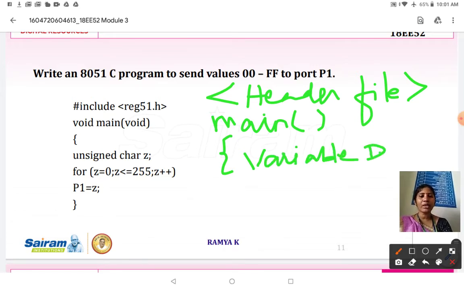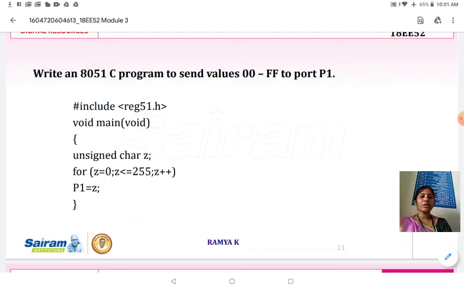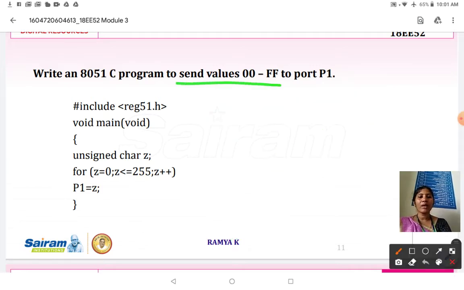So you need to declare the variable. Then you have to write the body of the program, that is the task to be done, and you can close the loop. So in this I need to send the value 00 to FF to port 1.